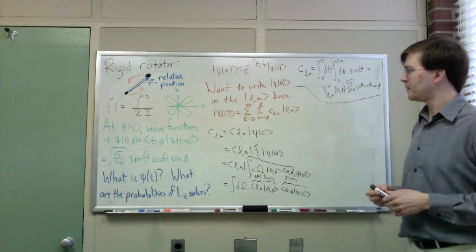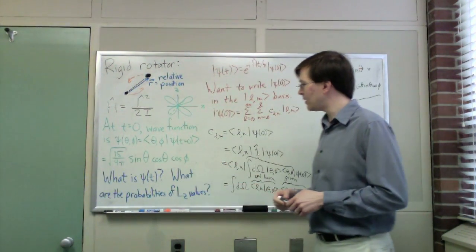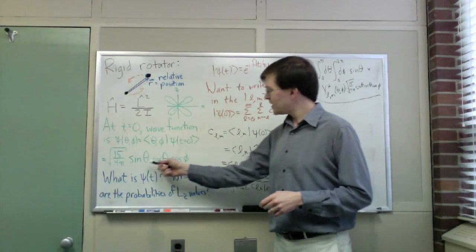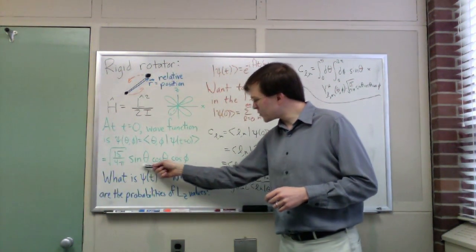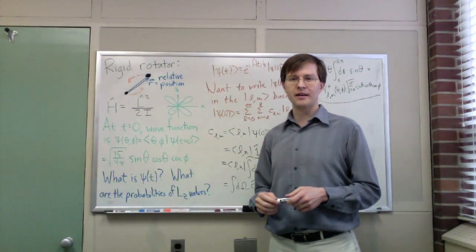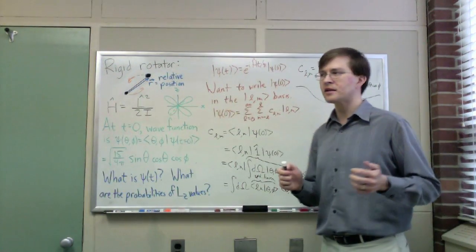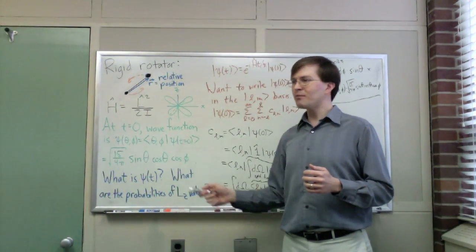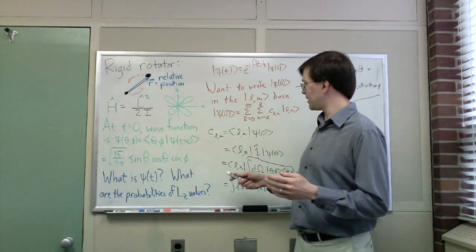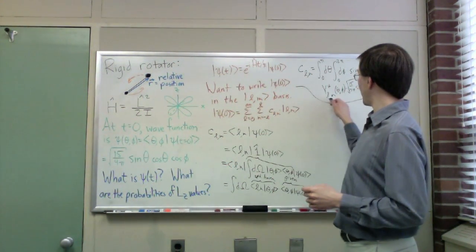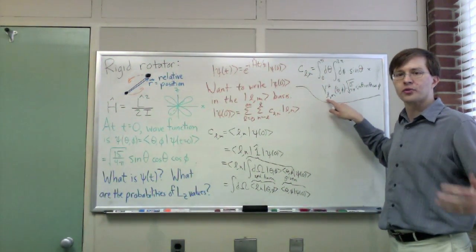Well, let's think about it. When looking at this function, the wave function I was given in the beginning of the problem, I see that it has dependence on theta, but it's basically a trig function squared term in theta. And if I think about my spherical harmonics, hopefully you remember these at least a little bit from class, I remember that every higher level I go in L, I get one more power of a trig function as my leading